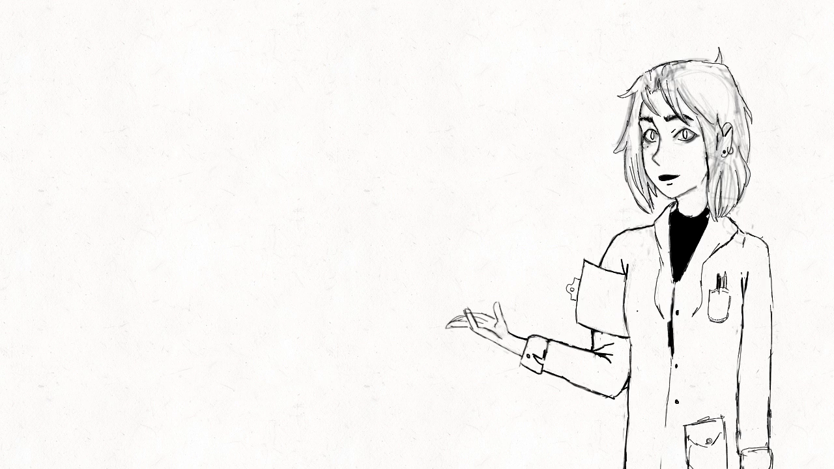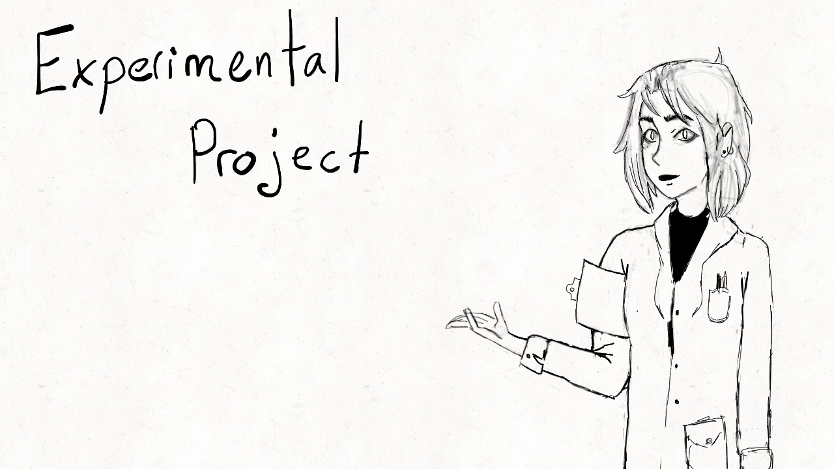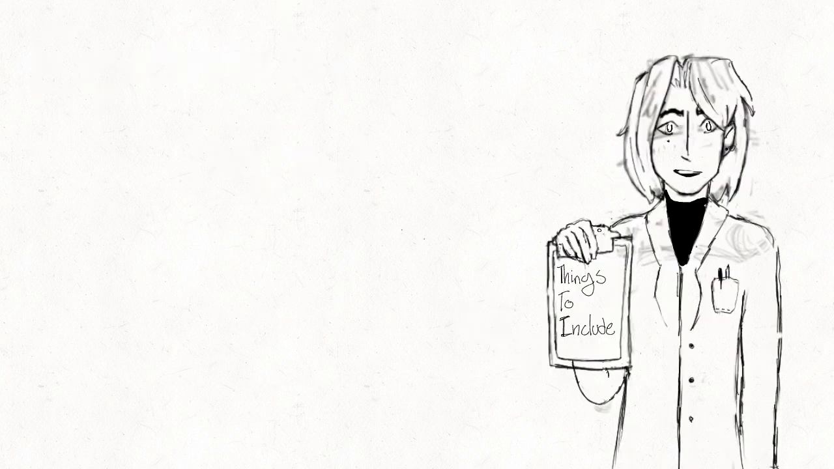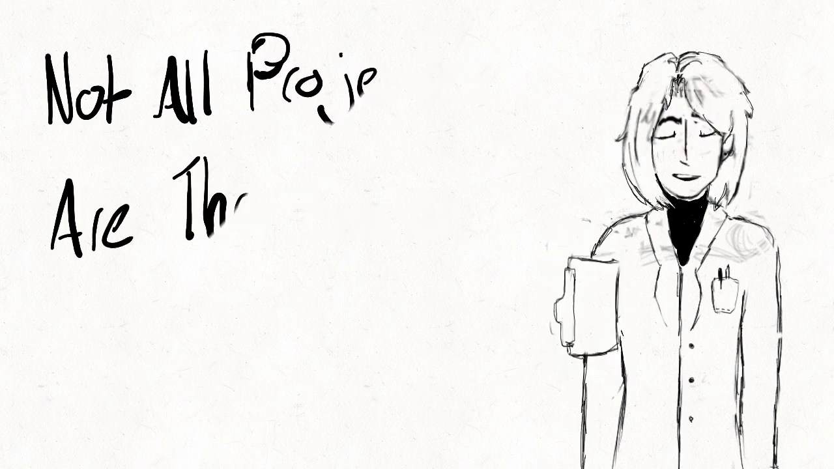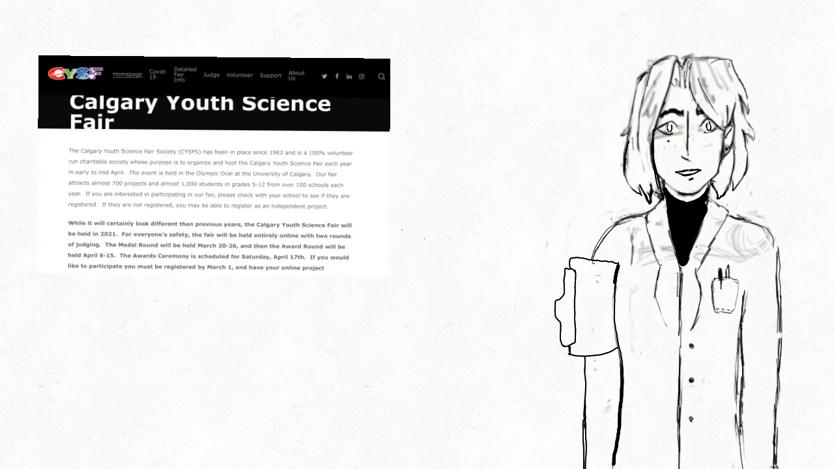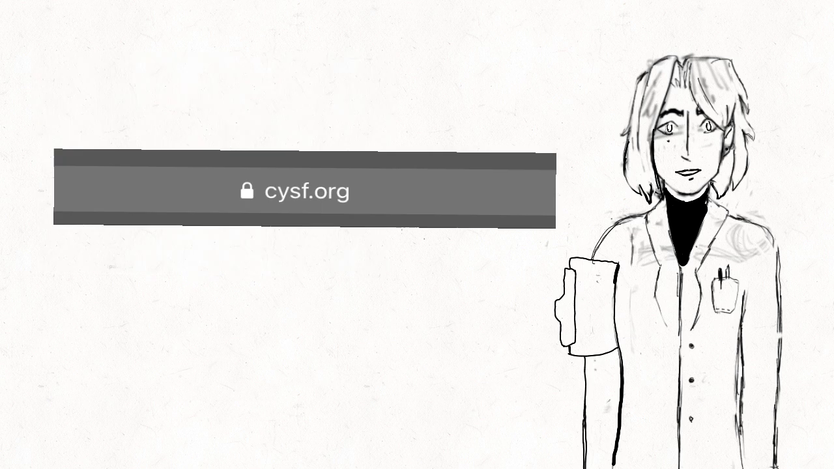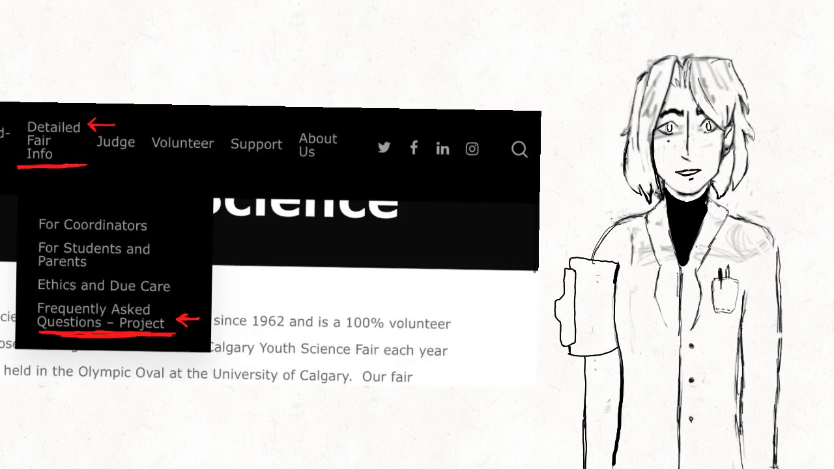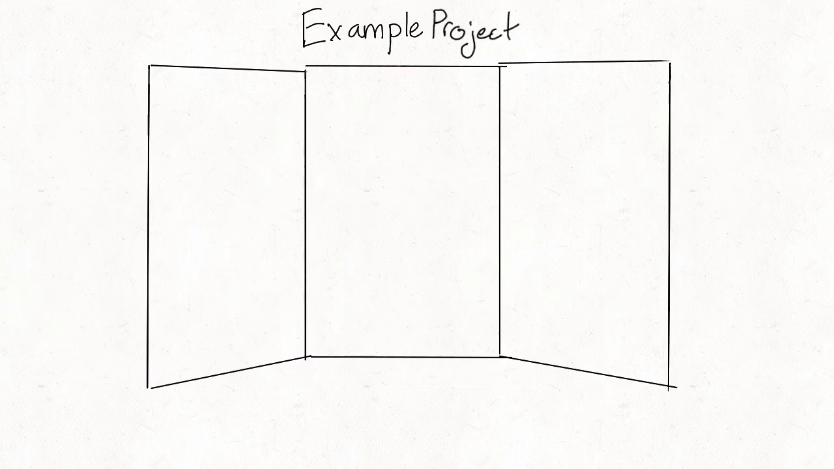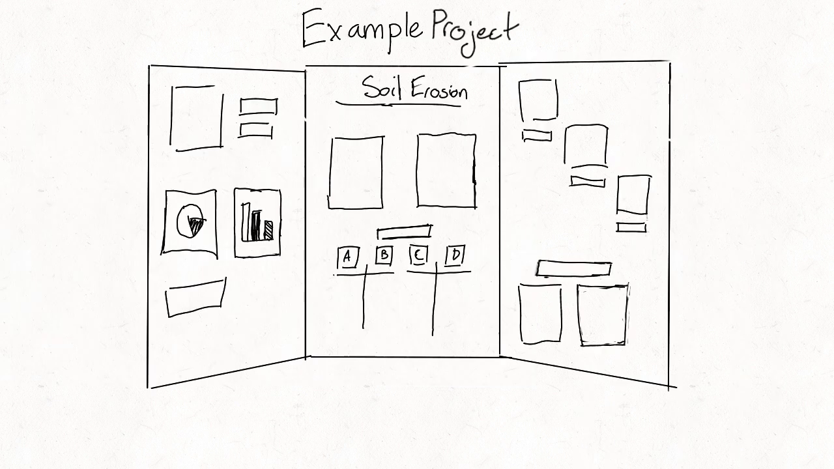In this video, we will discuss the elements of an experimental type project. All projects in the experimental category should include these elements, though of course they will vary greatly from project to project. You can find more information about these elements on the Calgary Youth Science Fair website, CYSF.org, under the Frequently Asked Questions section. To help explain what these different elements mean, we will be using a made-up project about soil erosion